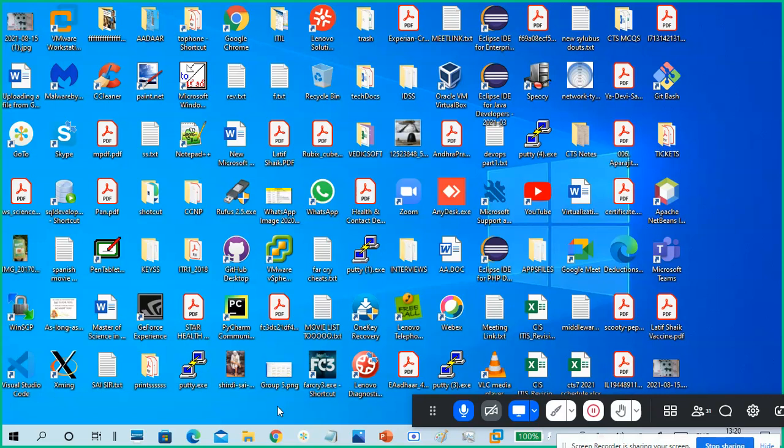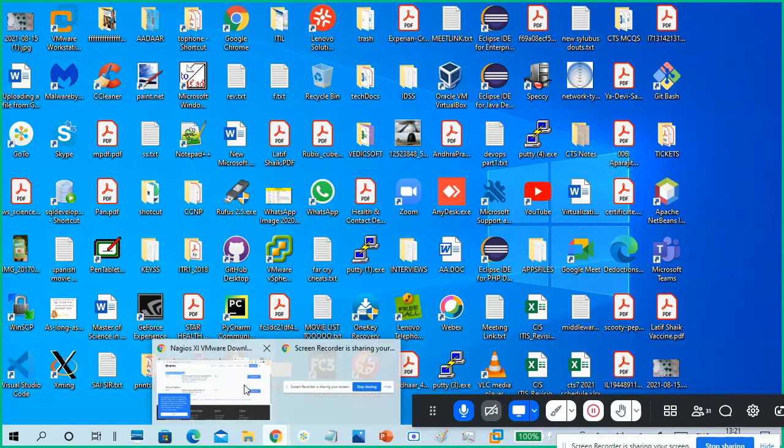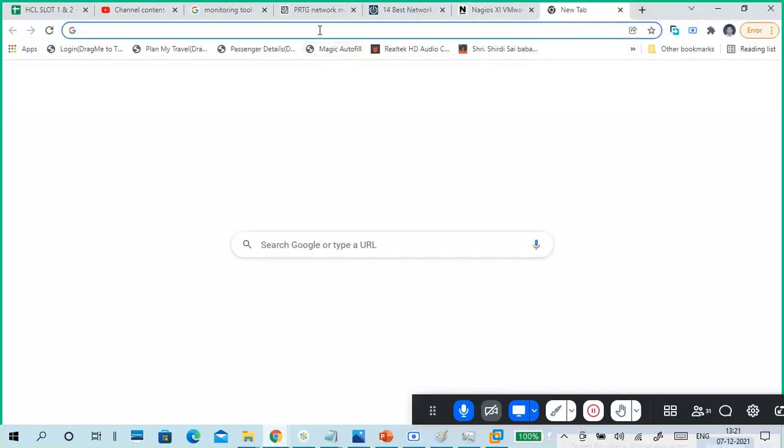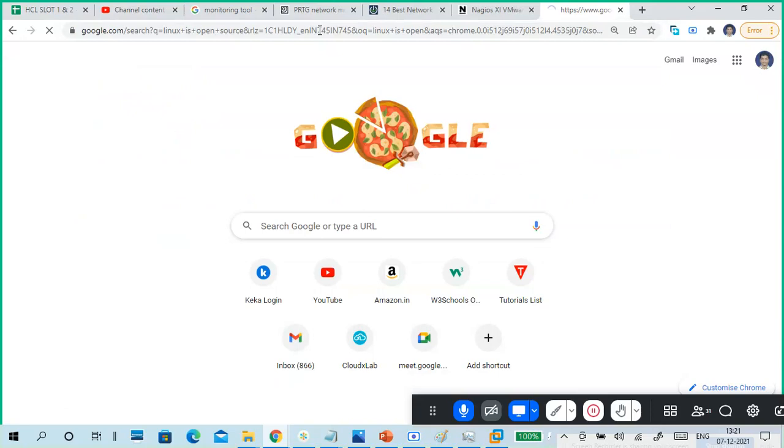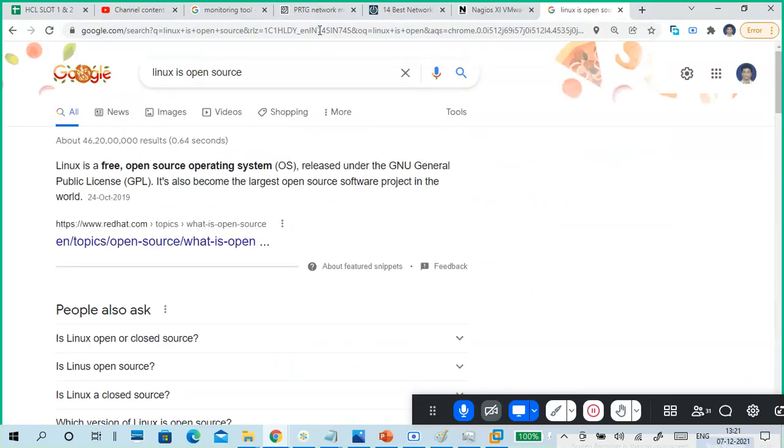What is open source? Open source means the source code is available publicly. It means anybody knows what is the build code in the application or an operating system. Whenever we hear "Linux is open source," Linux is an open source operating system. Meaning, how they internally built the code, the program. Code means nothing but a program. So that program we can see directly.